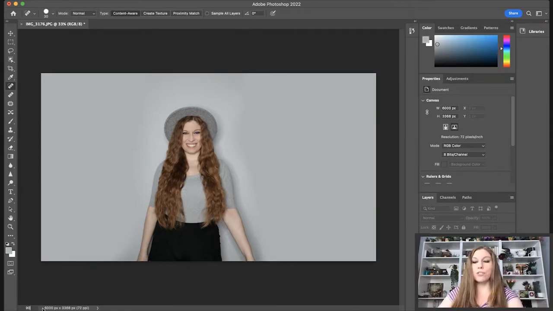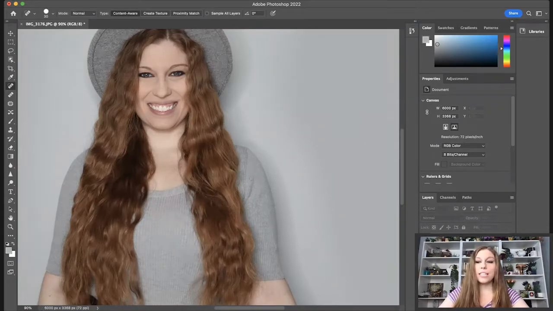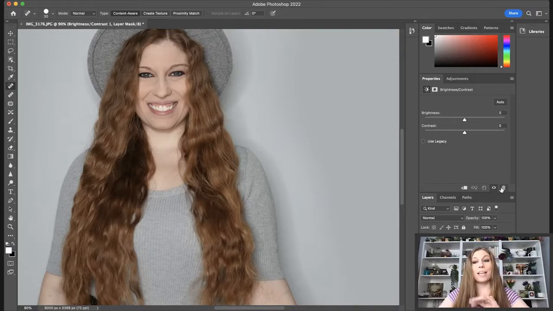Now we are going to zoom in just a little bit on this photo. The first thing that I would probably do in any photo is to adjust my coloring. So I'm going to go down to that little half circle, and I'm just going to go down to brightness and contrast on that lower right side panel that my head is blocking right now for all of you. We're going to pull up that little half circle, that's the brightness and contrast. I'm just going to pull up my contrast just a little bit and my brightness just a touch. I can then adjust for the background if I need to, but for right now, we're just focusing on the